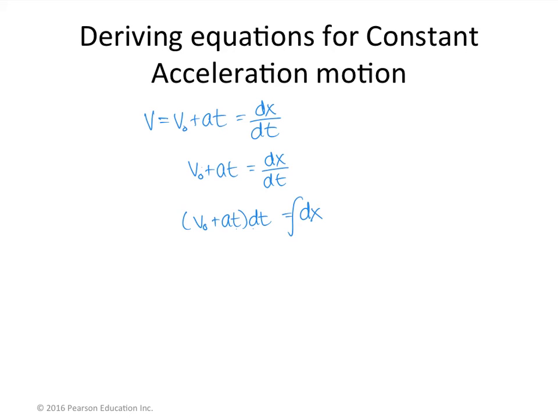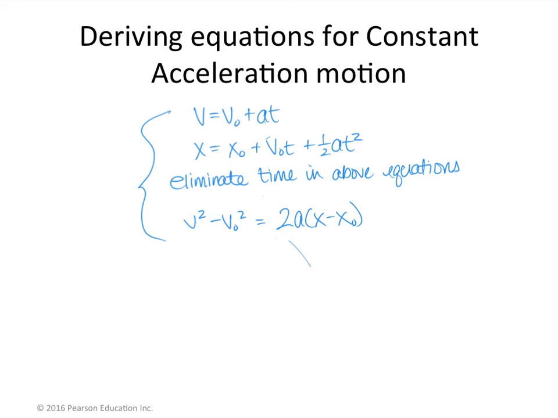Then I'm going to integrate. My limits for time are the same as they were the last time, going from 0 to t. On the right-hand side, again, my limits have to correspond to the limits I put on time. So the lower position limit has to be the position when time was 0. We call that x naught, which is the initial position, and then the upper limit is just going to be x, representing the position at this time t. When I integrate,